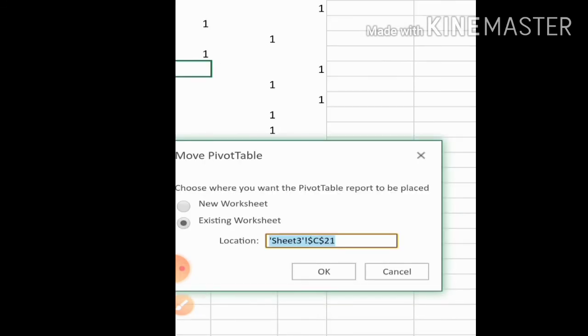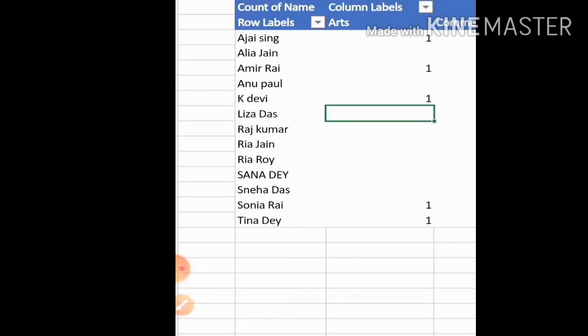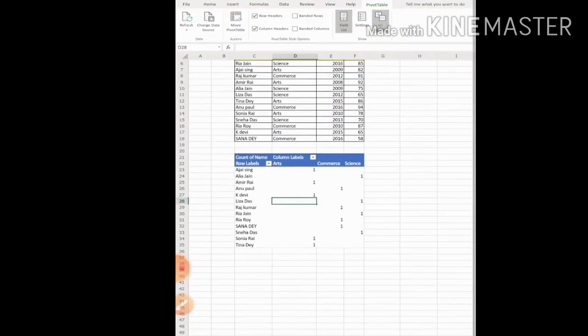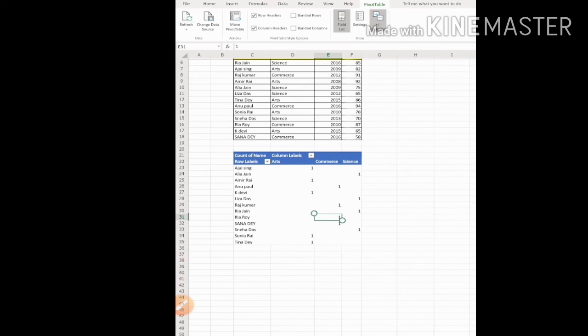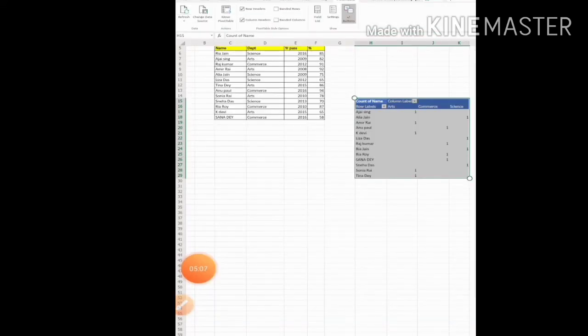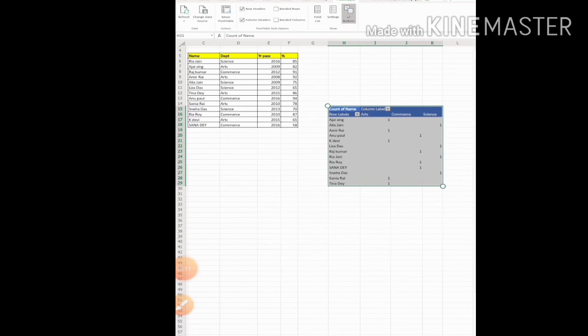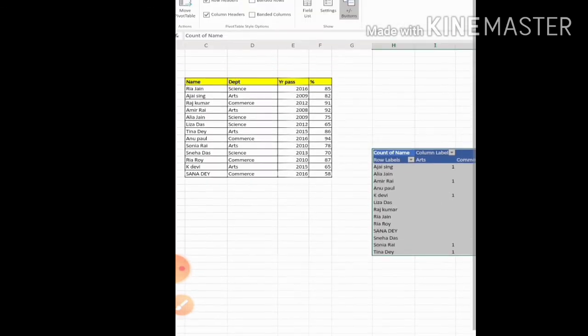Say I am giving the location here, this side, okay, then okay. So see here, my pivot table has moved to the right hand side. So this way you can move the position of the pivot table.